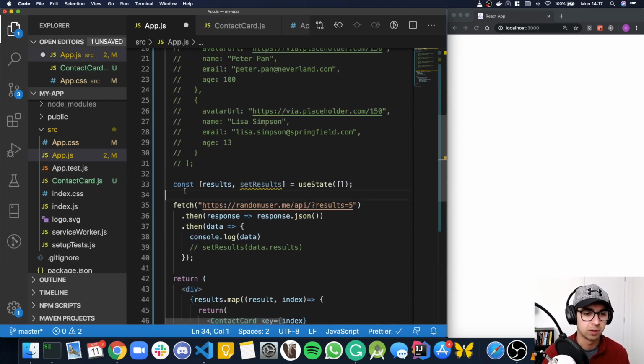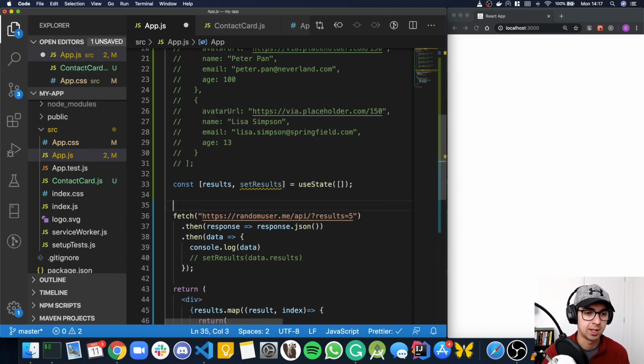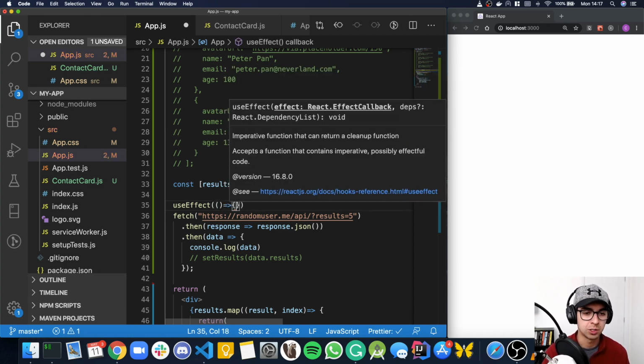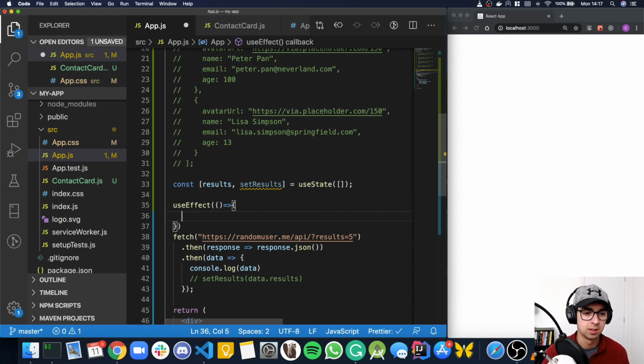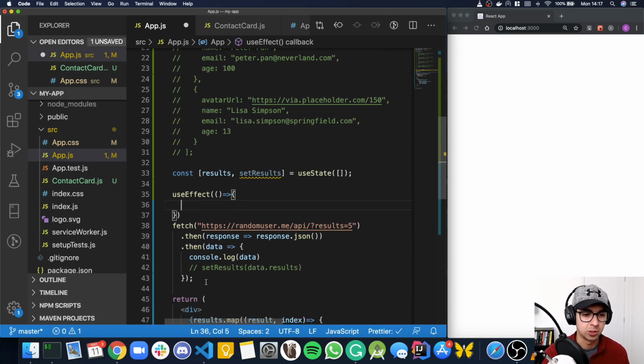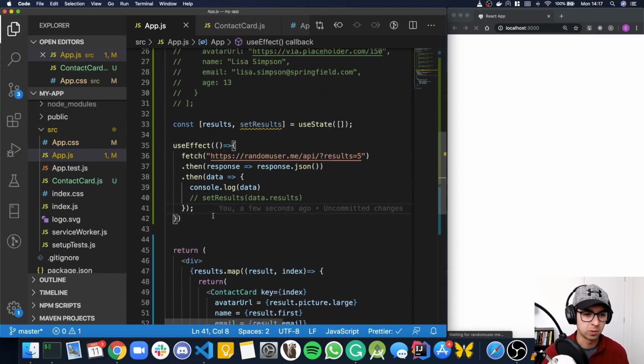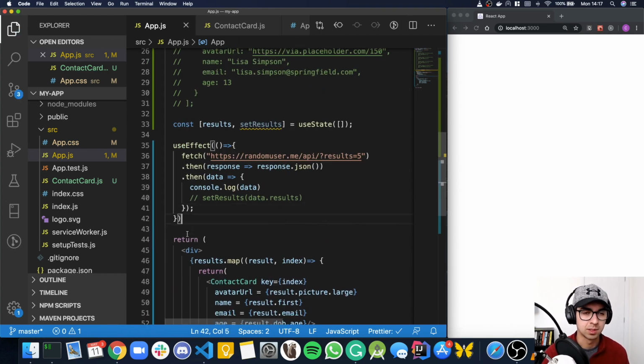So just above the fetch function in app.js, we want to type useEffect, open some brackets, and useEffect takes a function. So we'll do an arrow function and open our curlies. And within this, we just want to paste our fetch function. So before we go further, let's see what happens. And if we uncomment our set results,